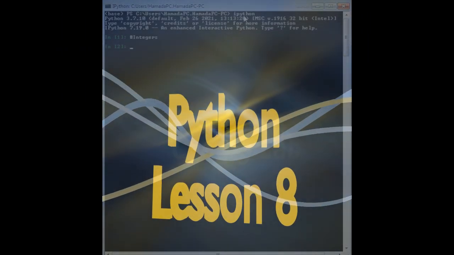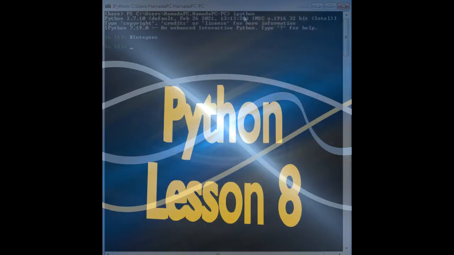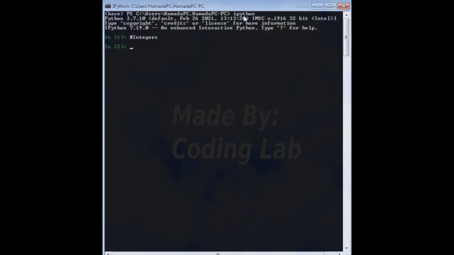Okay, hello everyone. Let's start our lesson today to learn how to use numbers and math in Python. We will start with integer numbers. Let's use the function type of 10. It will be integer. So 10 is an integer number